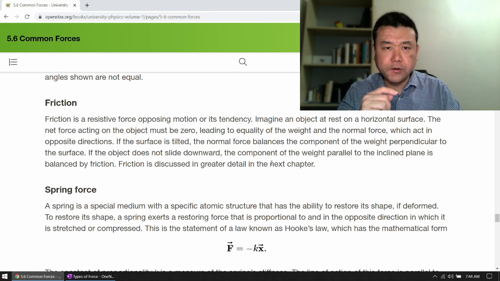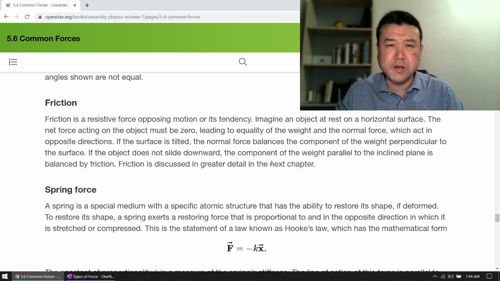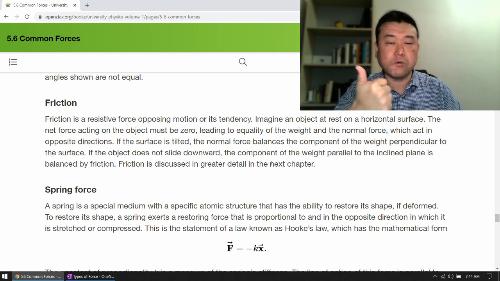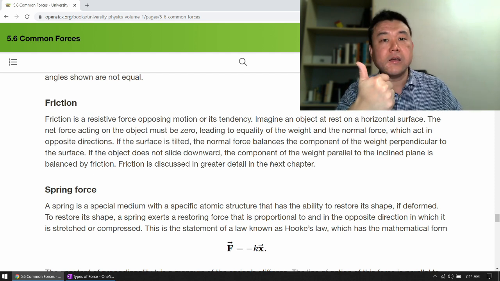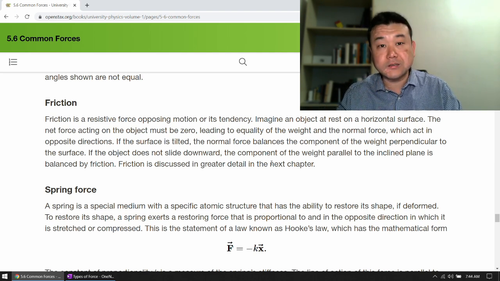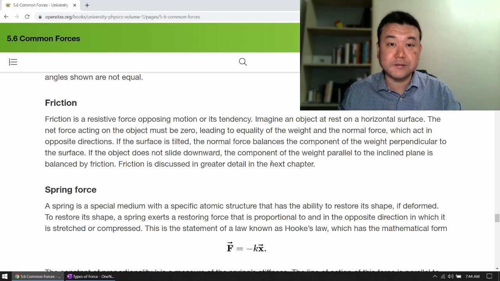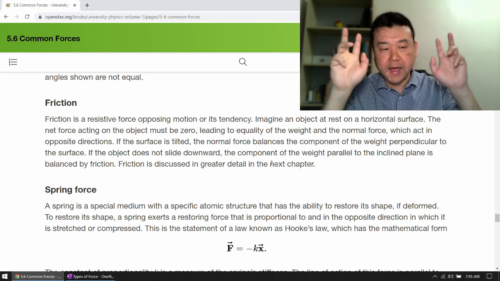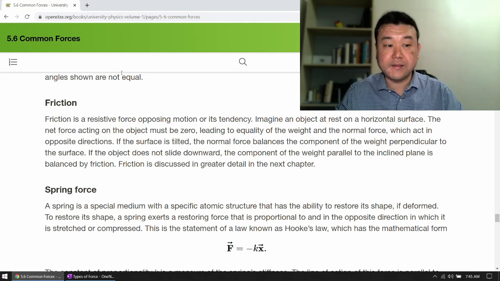And even some other forces that we won't really deal with much, like air resistance, sometimes called air drag, are also a type of contact force. It's like a friction force. Air resistance only acts when air is touching the object. Now, we do have forces that act at a distance. And for the purpose of this class, we will really have only one force that acts at a distance, and that is